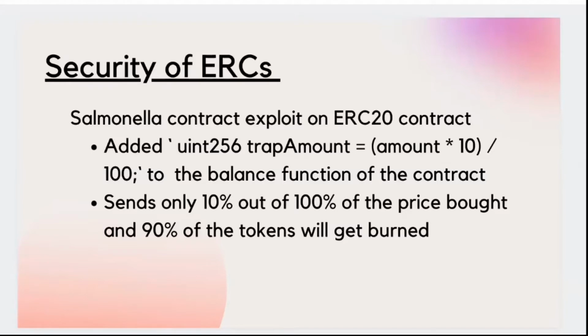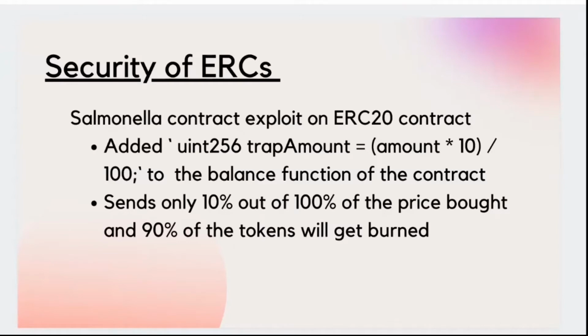Just because in one line of code, doing, for example, a transaction or swap on Uniswap, where you want to swap 100 UNI for DAI, you send 100 UNI to the Uniswap pool contract, which means you get 4,000 DAI. But if this function is applied, then 90% of the DAI was supposed to get burned, and you will receive only 40 DAI. So that's an example of the exploit.